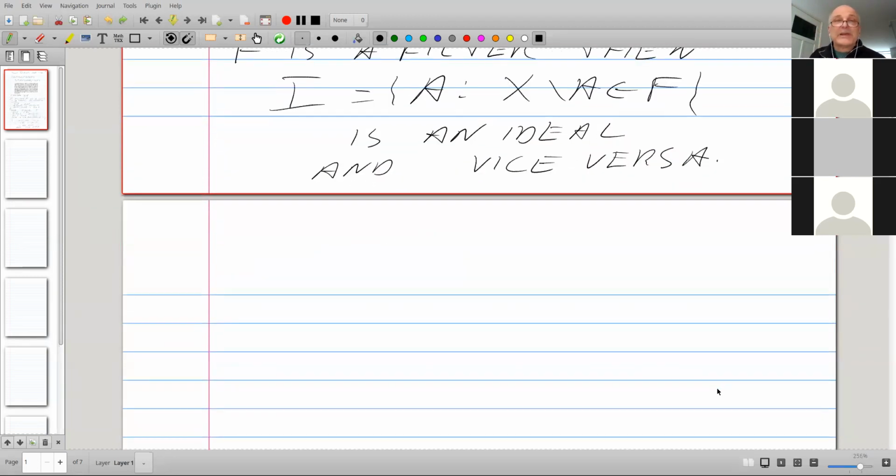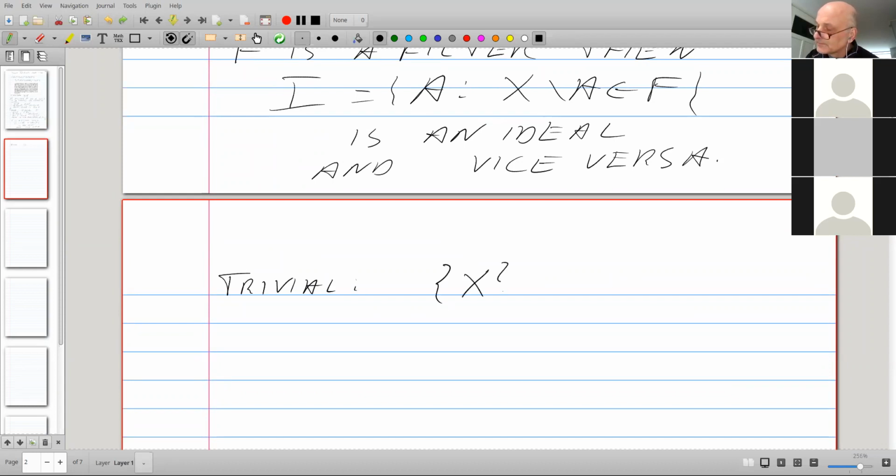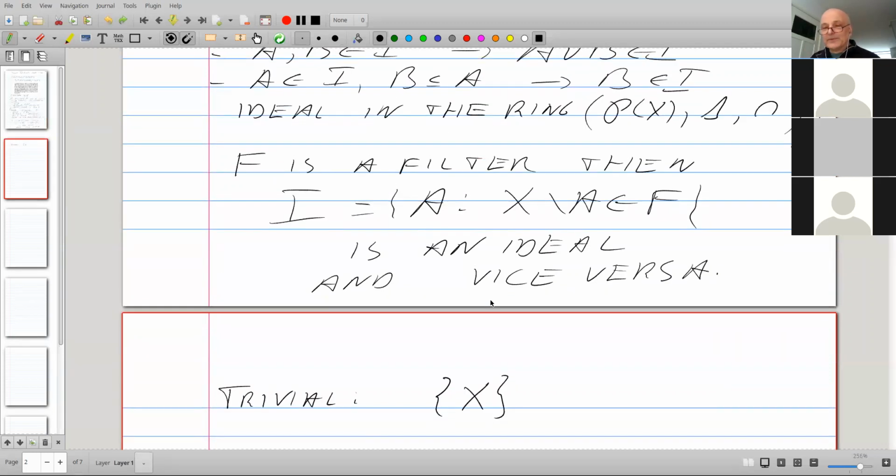So what are some examples of filters? Well, there's always the sort of trivial example. I usually give this example to show you that every definition has its extremes. There is always one who acts a little bit weird, and this one is the weird filter.